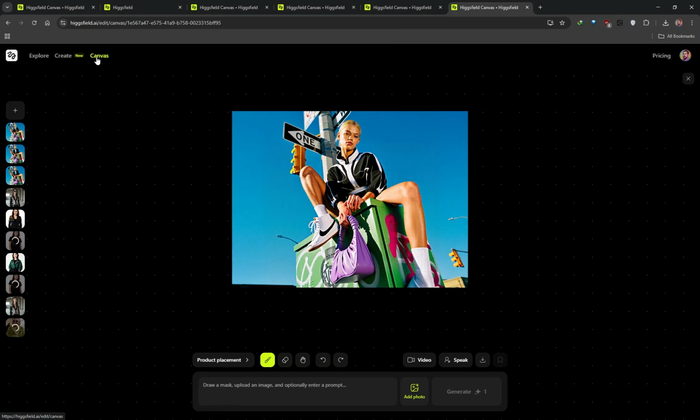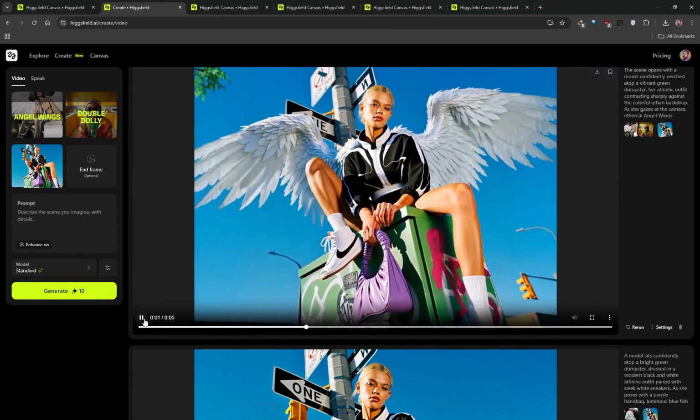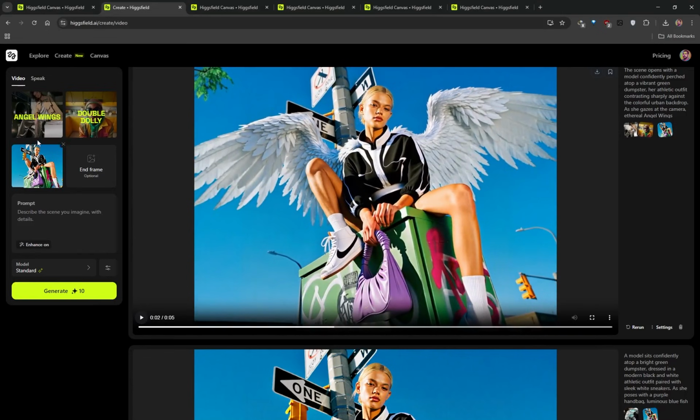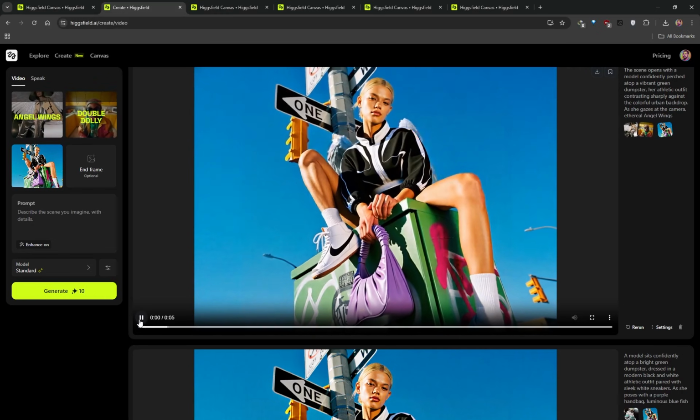So Canvas, in my opinion, is a very useful feature on the platform. And then to put some icing on top of the cake, you can bring that image to life with everything that I showed you throughout this tutorial. You can use some VFX, or in this case I'm using Mix. So I'm using the angel wings and the double dolly, which are both on 85%, and it gives me this